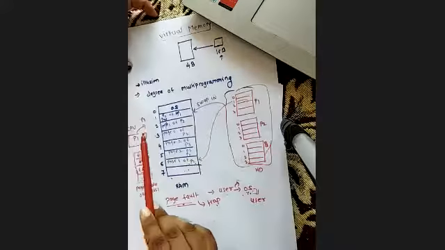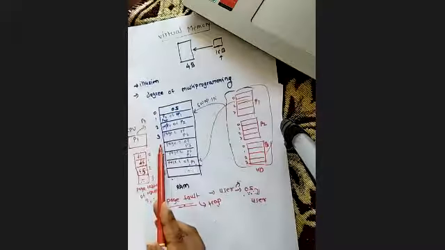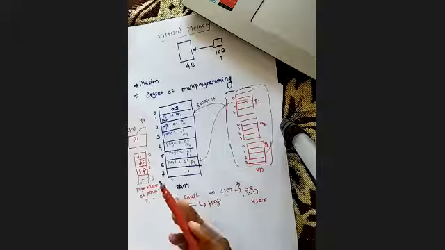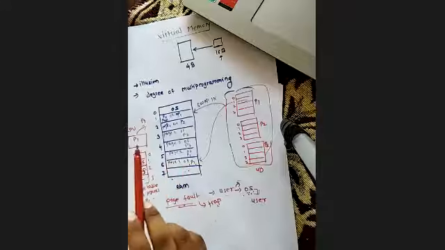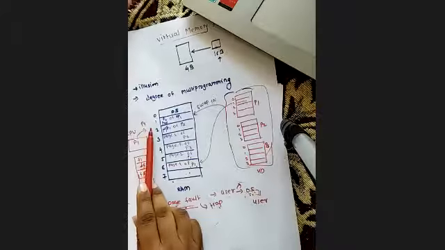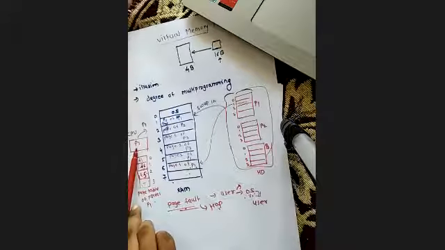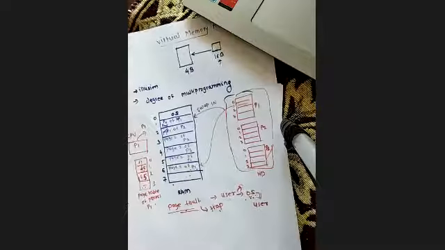Now, ready queue में आने के बाद, once the scheduler schedules that P1 process again, जब उसका टाइम आएगा उस प्रोसेस का, if it is Round Robin algorithm or FIFO or whichever scheduling algorithm is working there, accordingly when that scheduling algorithm is going to schedule that P1 process, that time this P1 will work under this CPU. Then again the CPU will start or resume its execution where it left off previously. और उसका डिटेल्स उसको कहां से मिलेगा कि लास्ट टाइम मैंने कहां तक किया था, from the PCB.